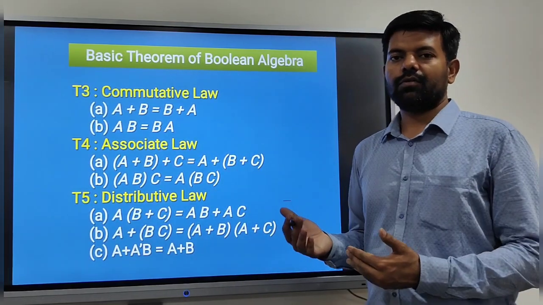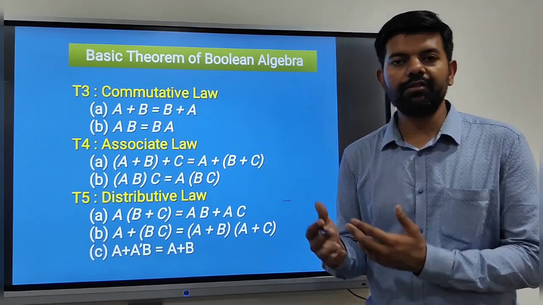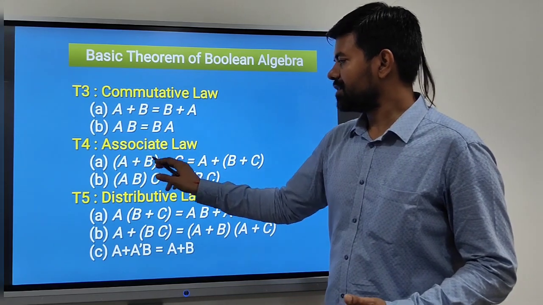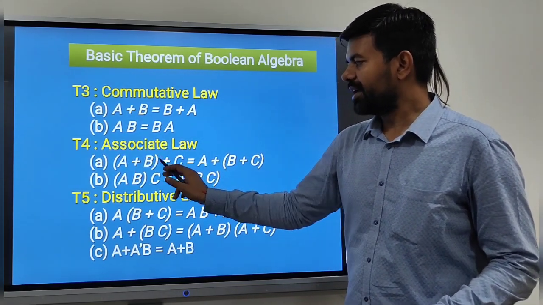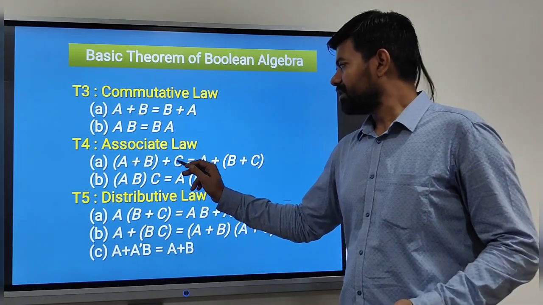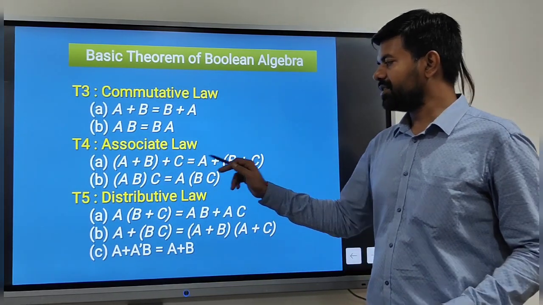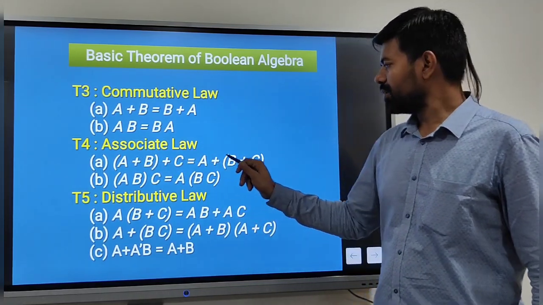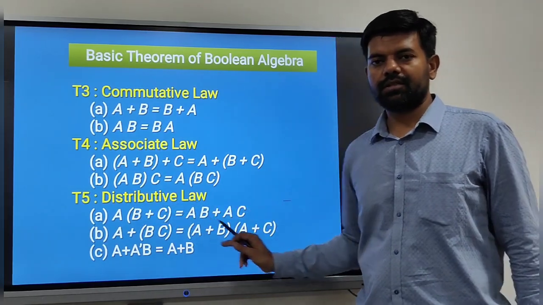Now the associative law, where we change the association between the variables. See how: a plus b plus c. By the small brackets we show the association of a plus b, then c. It equals a plus (b plus c); we change the association of b from ab to bc. Similarly in the multiplication scenario.